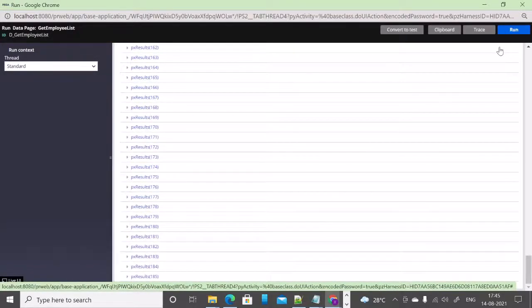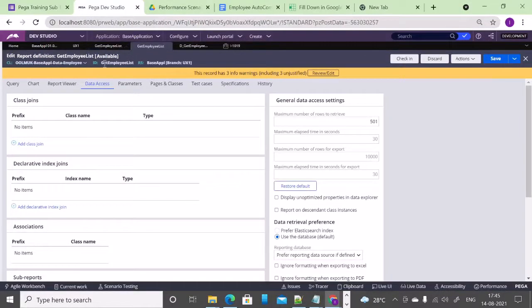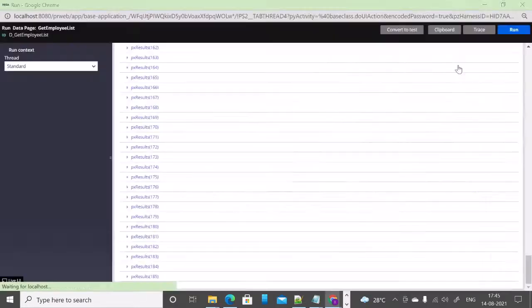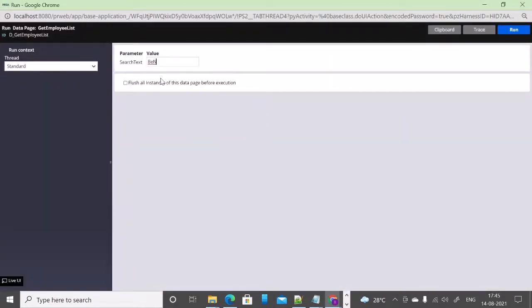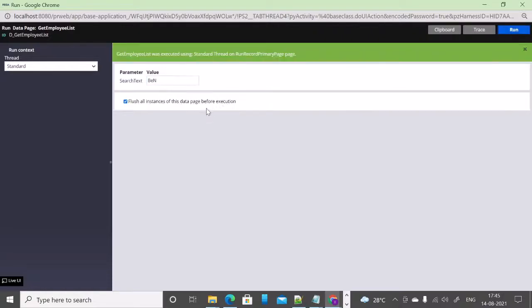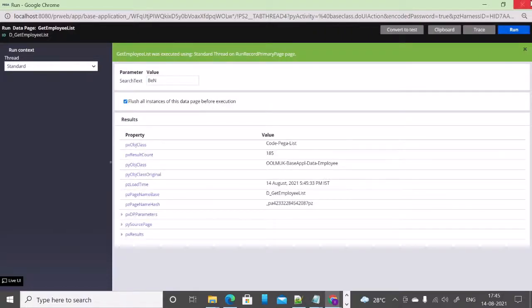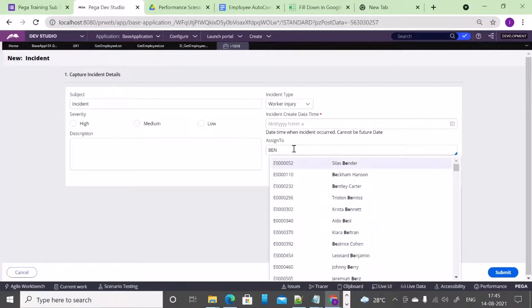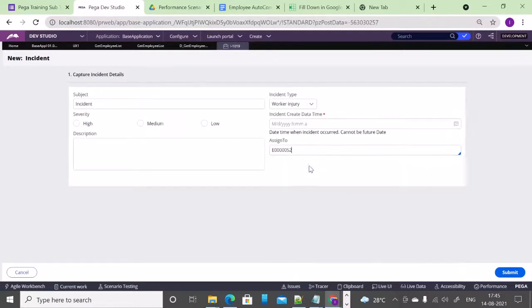So the data page is working fine, and then the UI should also work fine. There is an ignore case comparison happening, so it's working fine.